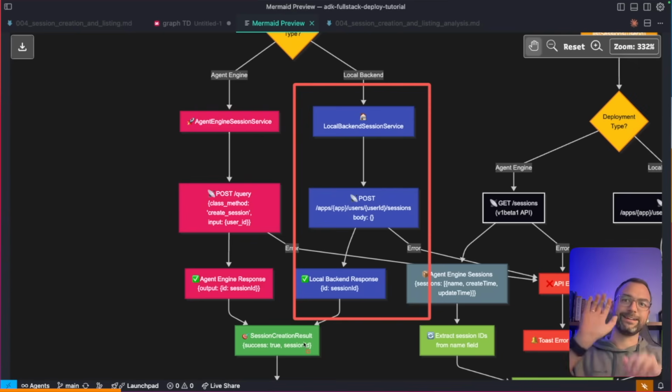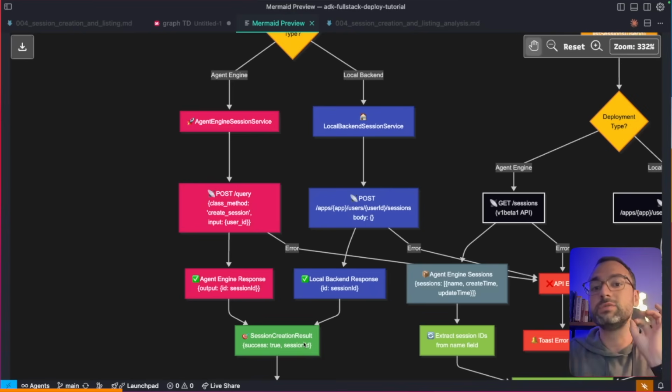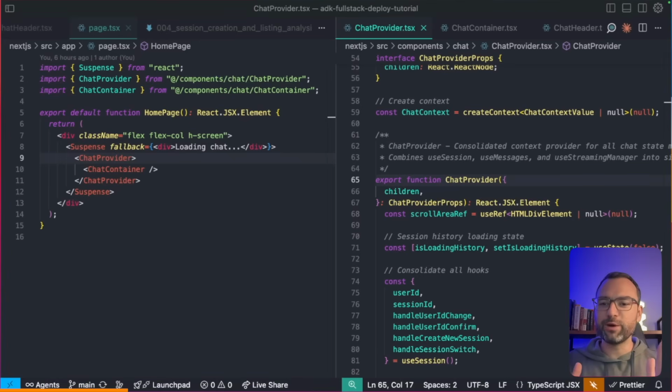So that's kind of how everything connects. Now that you've seen what's happening at a high level, let's actually hop into the code so you can see this in action on the front end, back end, and over in ADK land. Okay, so now we're gonna dive through the code, and I'm super excited to show you how we have everything